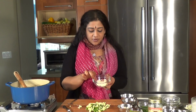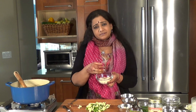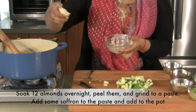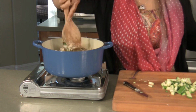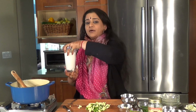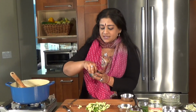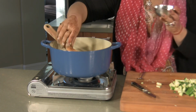At this juncture, I'm going to be adding some almonds made into a paste with some saffron. So take about 12 almonds, soak them overnight, peel them in the morning, and then make a paste out of it. Put in some saffron in there and put that right in the center. And what we're going to do now is add some coconut milk, a whole glass of coconut milk. And at this point, we're going to be adding 2 pinches of black pepper, 1 big pinch of cardamom,